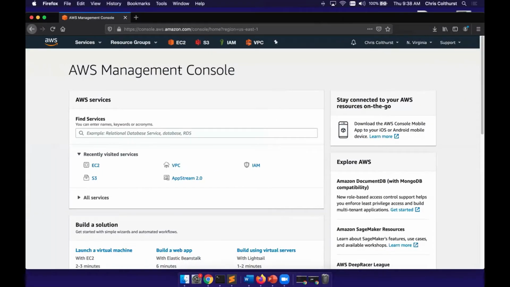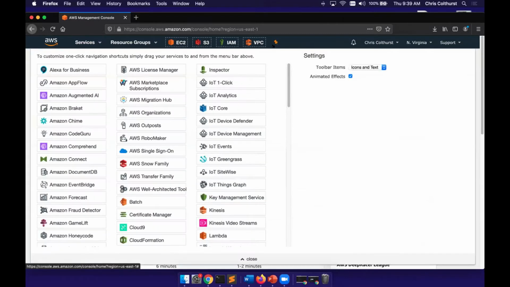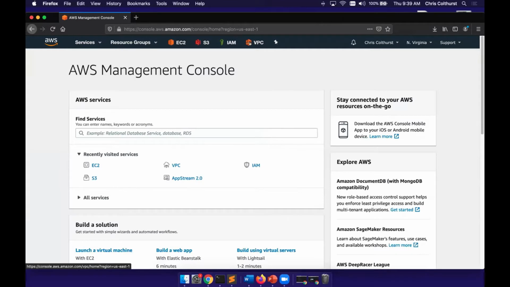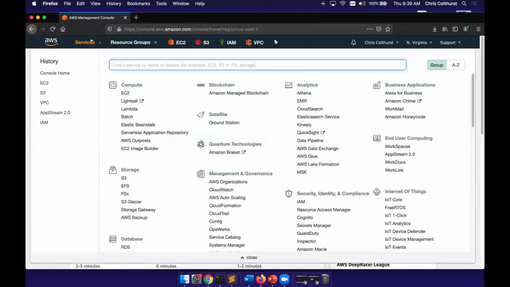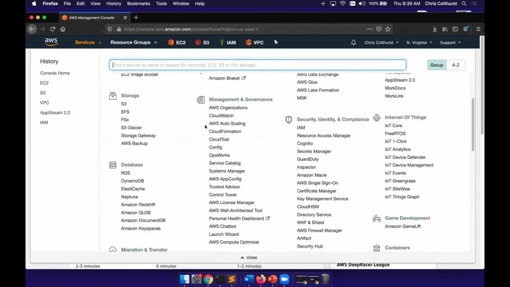So I'm in the AWS console. We have the icons that I showed you how to create yesterday, but just as a little reminder, you can click on this pin and drag and drop different services up to it. Today, we're going to be dealing with IAM and VPC. So that's available to us, but you also can click Services here, see recently used services,